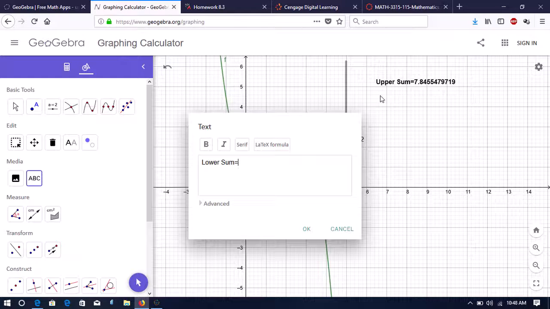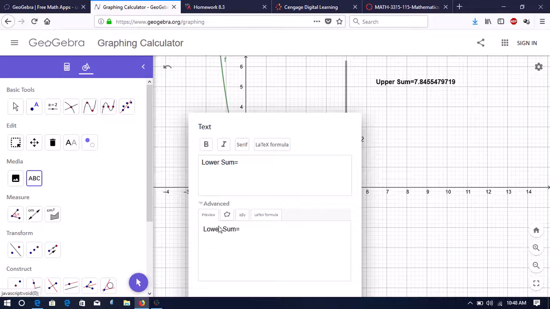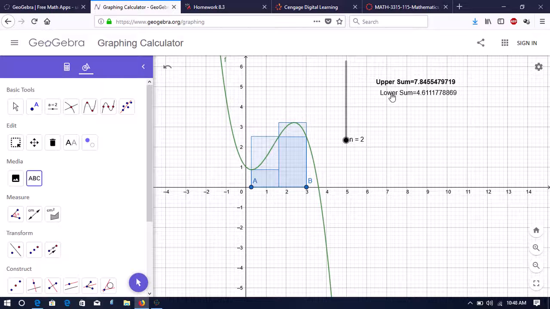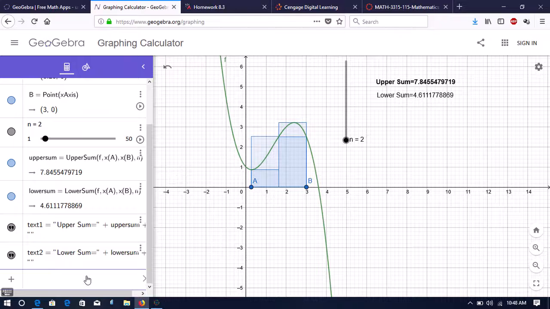Go down to Advanced, Objects, and Lower Sum. And we can move it around a little bit how we want. So now what we'll do is I'm going to input a couple bits here. We wanted to find